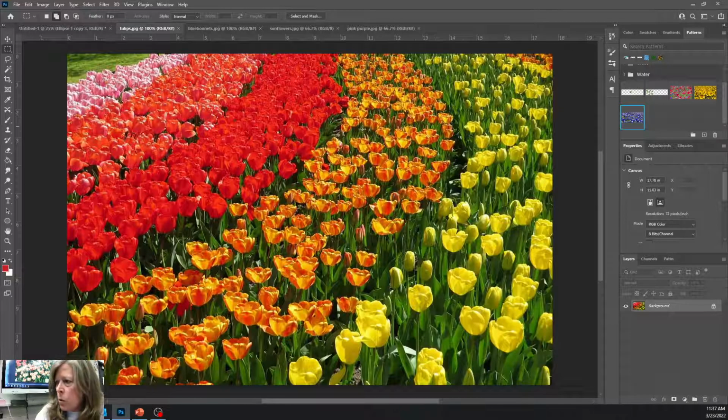And then one more, I have tulips. I can almost use the entire thing. So I will go right there. I didn't want that little bit of grass up there. Although, I'll be honest, you could